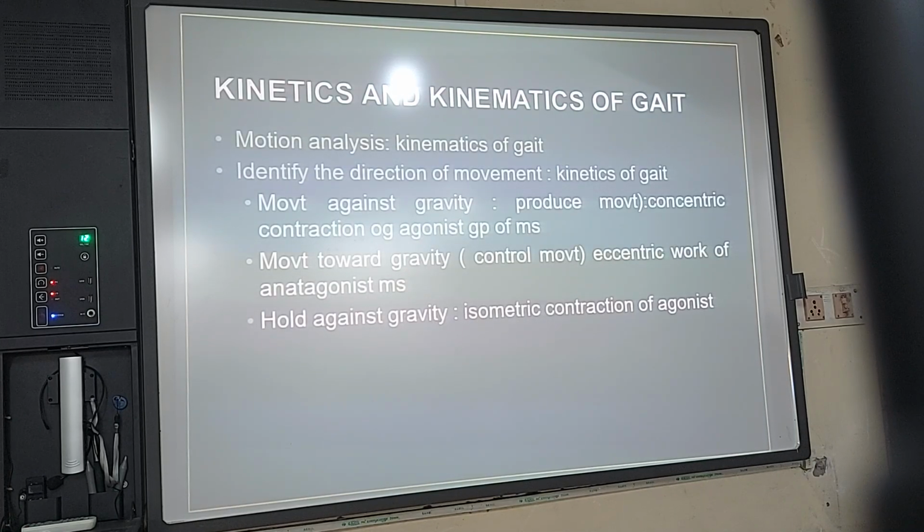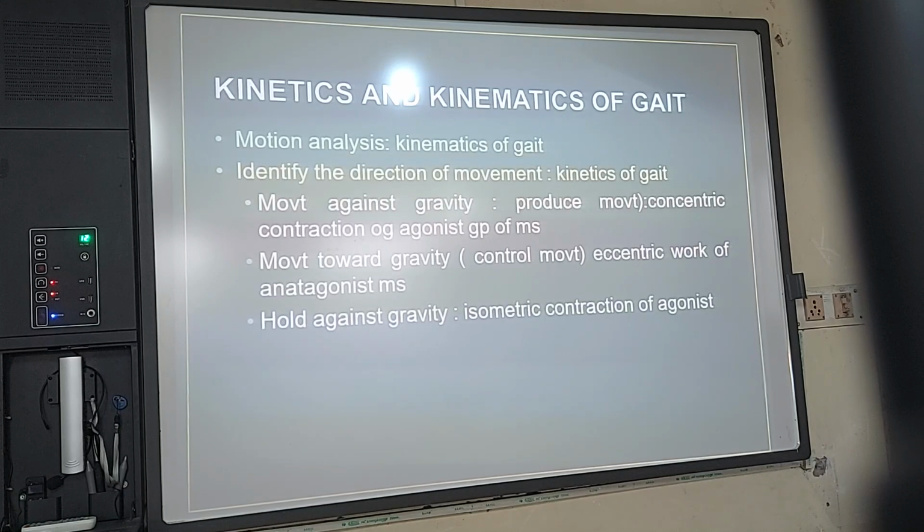Now in foot flat, you can see this has happened. Again, this has remained 25 degree of hip flexion. If I can say, there is 15 degree of knee flexion and 15 degree of plantar flexion at ankle. Now you have to understand the movement. What movement happened in this? What did I say as the first question? First of all, analyze the movement, which movement is happening.